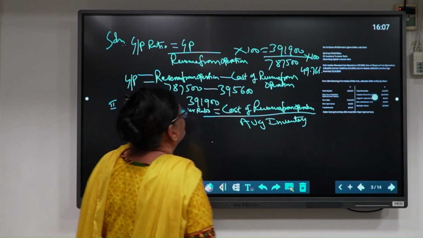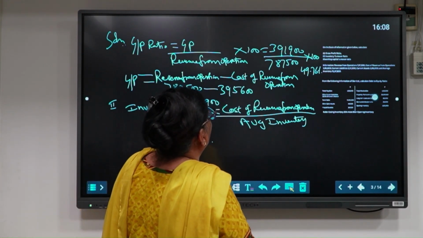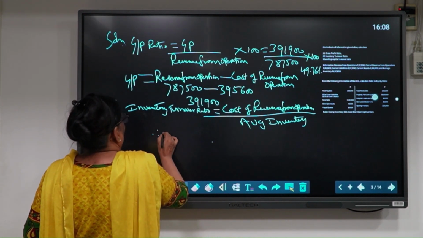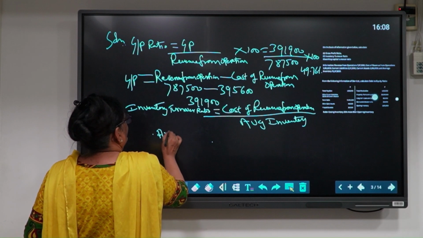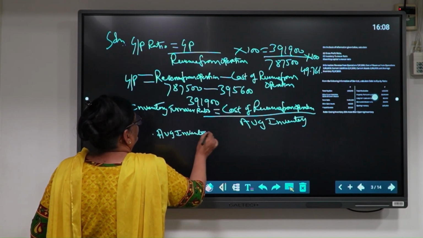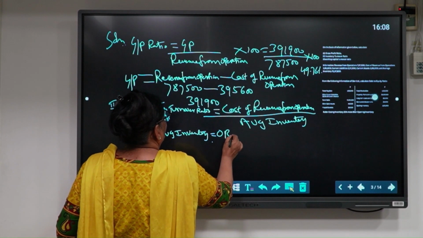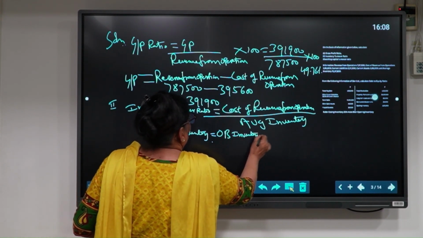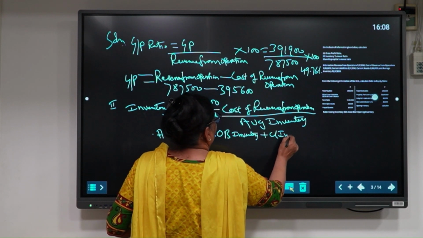Yeah. Now what have they given us? Average inventory is given. So therefore, for average inventory, first we will do this. Average inventory is equal to opening inventory plus closing inventory